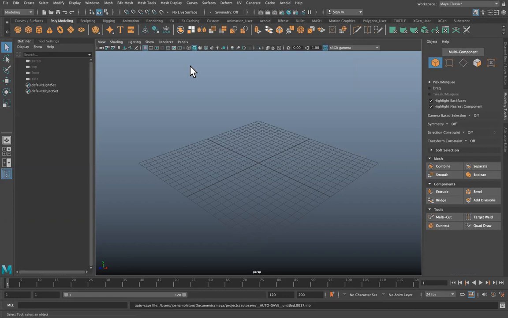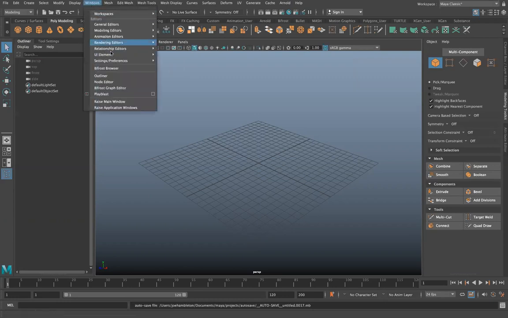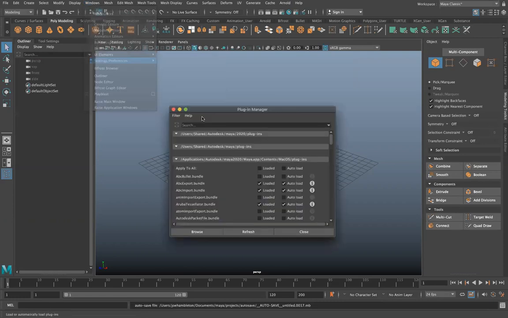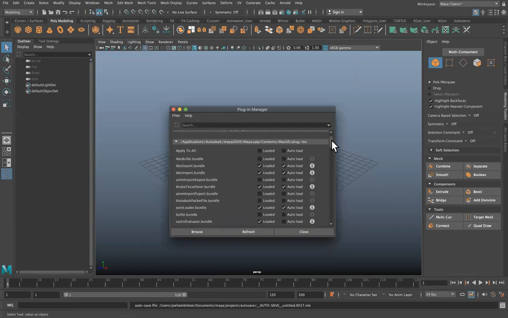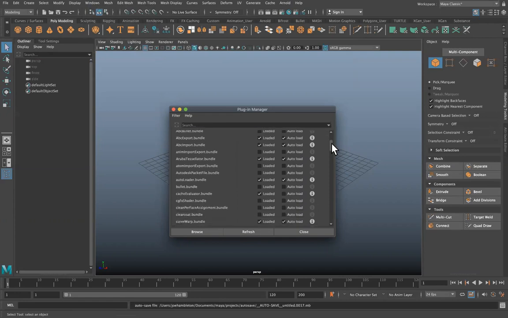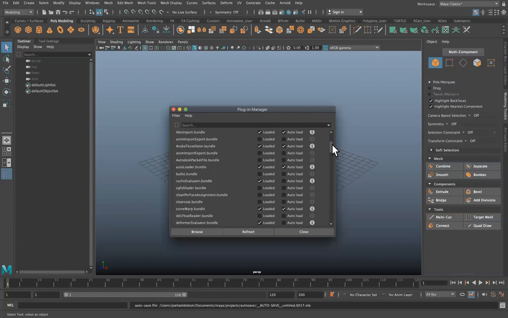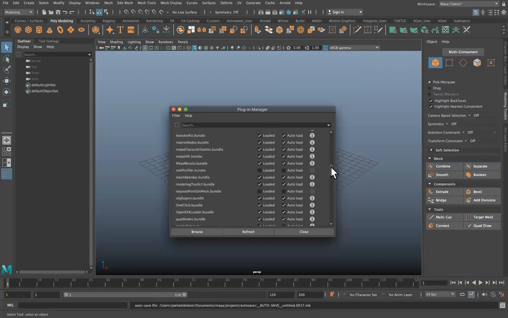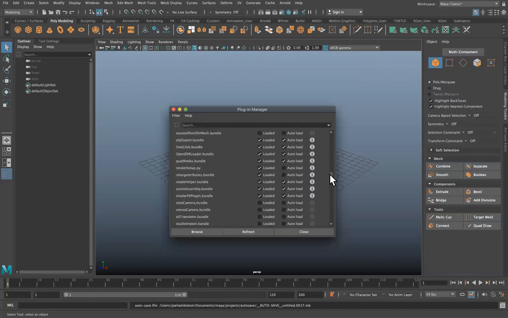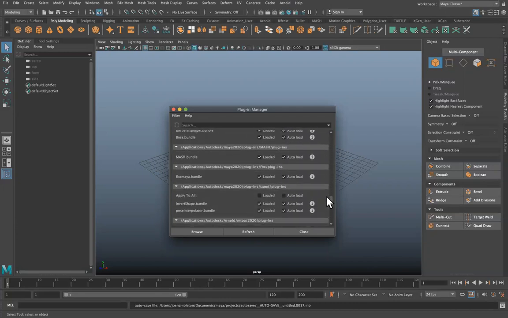But so you know how to use and check for plugins to see if they're installed anyways, you should follow along. If you go to Windows, Settings, Preferences, and choose Plugin Manager, these are all the plugins that Maya has that we can install currently. I wouldn't check all of these. The more you have, the longer it's going to take to load up Maya. So you only really want the ones on that you're going to use, just to keep things fast. But if we scroll to near the bottom,